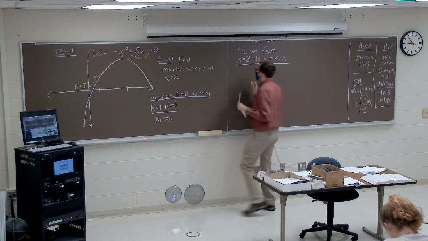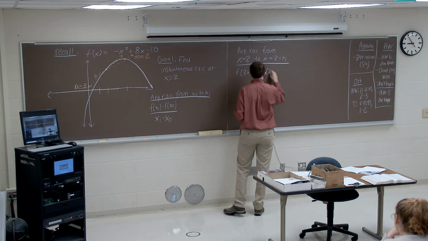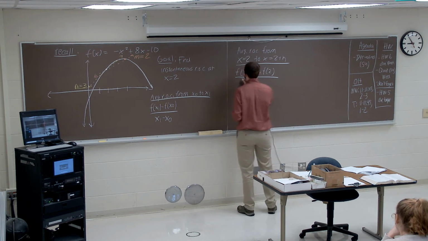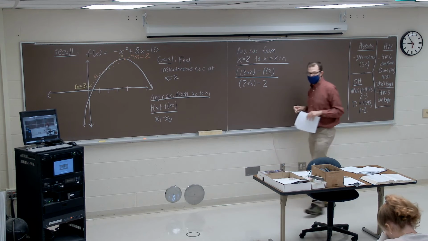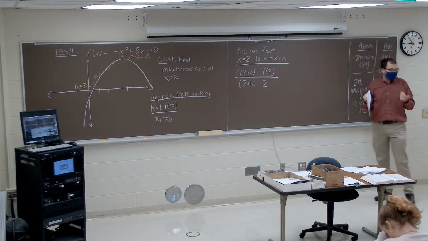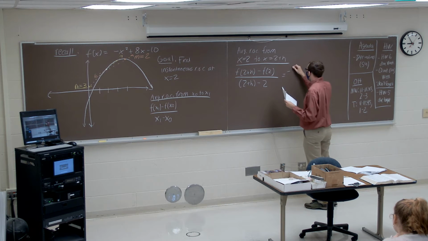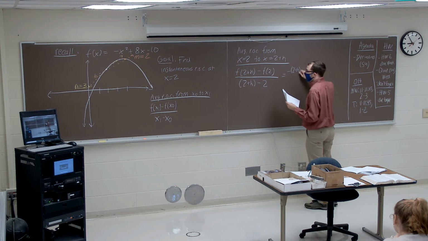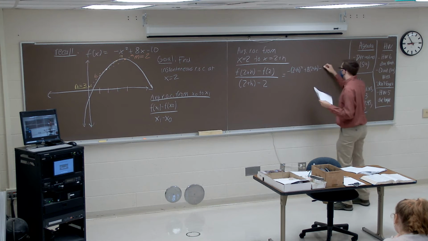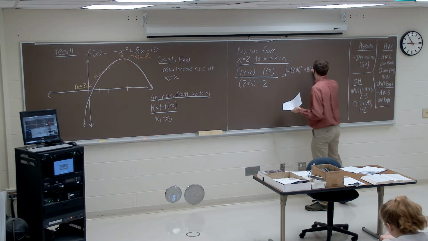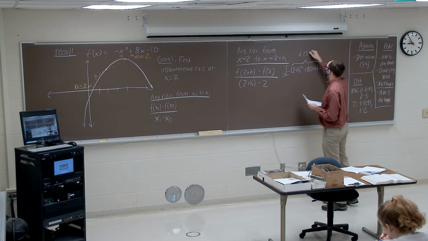And when we did this, we took f of 2 plus h minus f of 2 divided by the expression 2 plus h minus 2, which last week you all evaluated, came out to negative of (2 plus h) quantity squared plus 8 times (2 plus h) minus 10. So this right here was our f of 2 plus h expression,